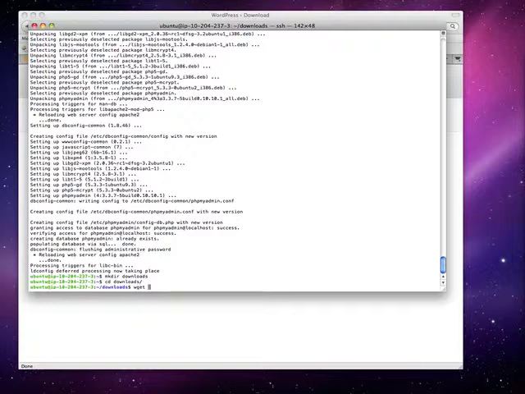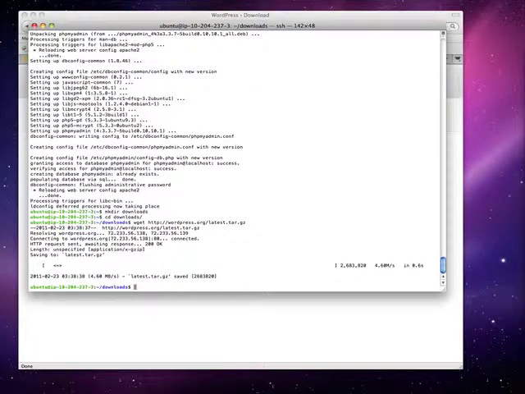And I'm going to do a wget. So I just downloaded the tar file. That also cost me bandwidth. Yeah, right, so every call that I made. So tar xvf.